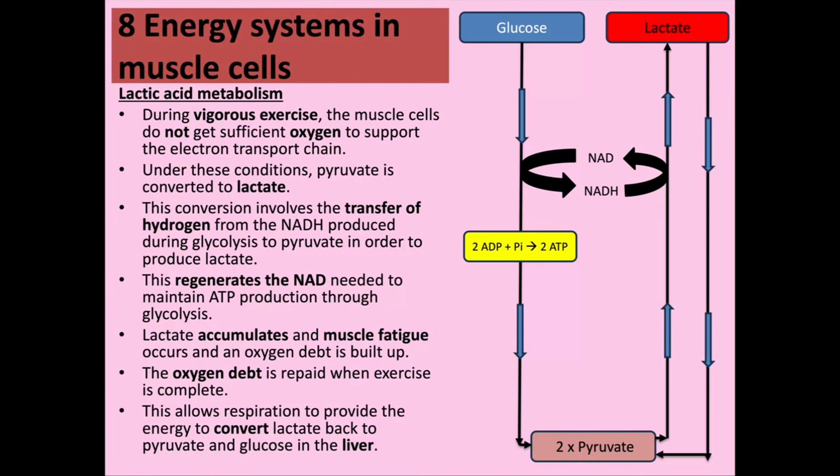So you'll probably look at this diagram on the slide here and think that looks a little bit familiar. And you'd be right in that the first part of the diagram is glycolysis from the previous topic. And on the right-hand side of the diagram is something we learned about in National 5, which was fermentation in animal cells. So we're going to look at how that works at higher level. Obviously, there's a few more details than what we've previously learned, and hopefully you'll understand this topic a little bit better